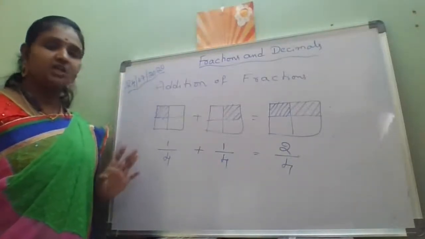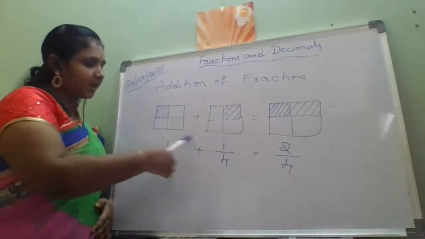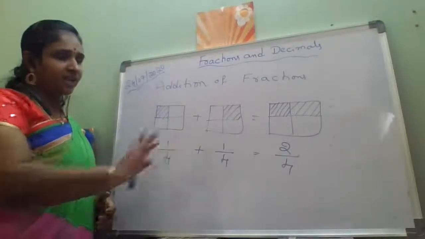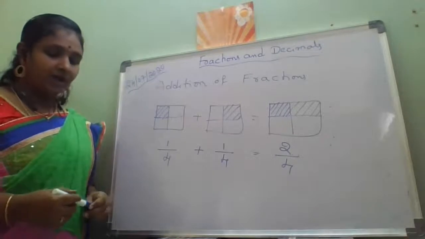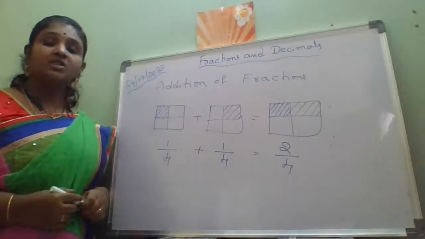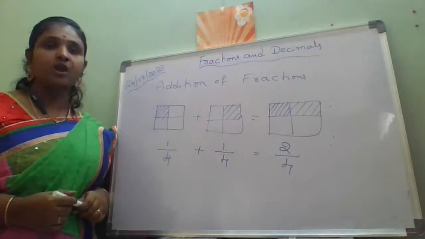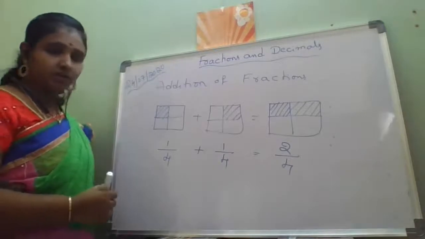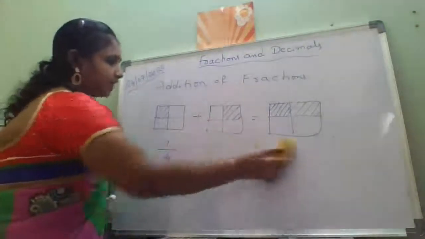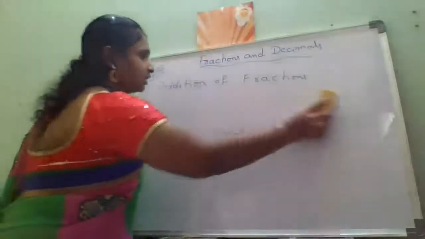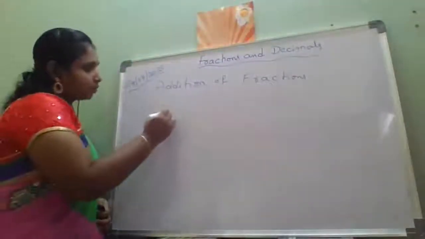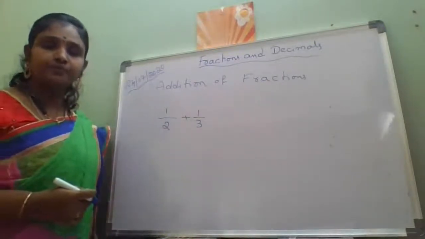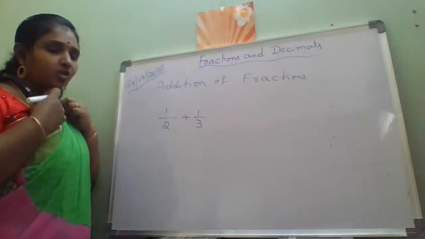So like fraction addition means simply you are adding numerators. Then you will get the fraction sum. But for unlike fractions, first you have to convert unlike fractions into like fractions, then do addition. Okay. For example, take one unlike fraction pair, 1 by 2 plus 1 by 3. So how to add these two? So first we have to convert